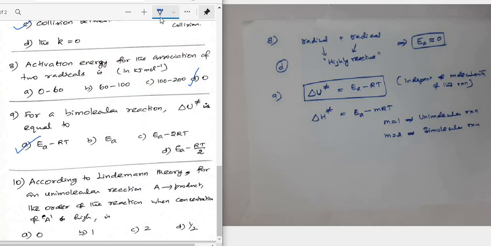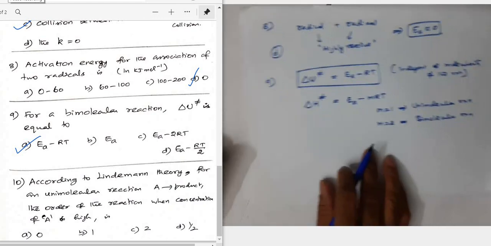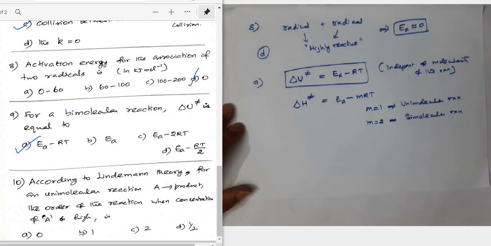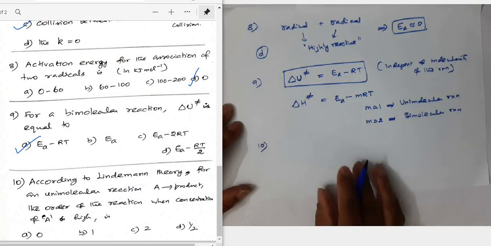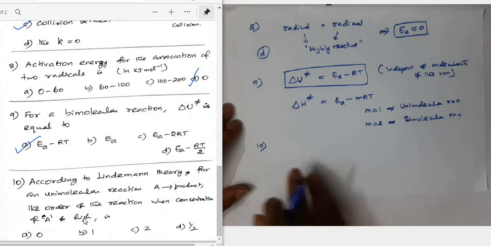Then the last question, number 10. According to Lindemann theory, for a unimolecular reaction A gives product, the order of the reaction when the concentration of A is high is, okay, we know very well